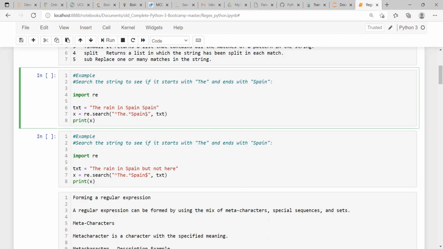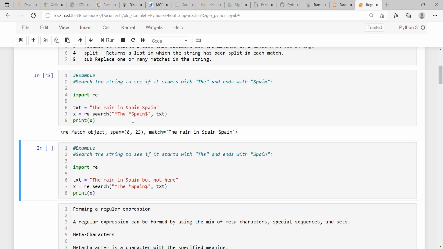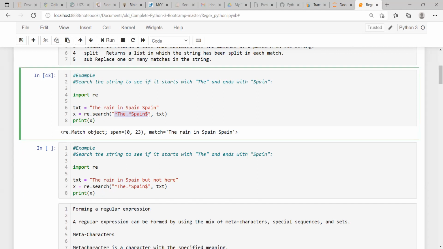Now if I run this, let's check what it will return. You can see that it is saying re.Match object is utilized, and then there is some index position from where this particular substring has been extracted.